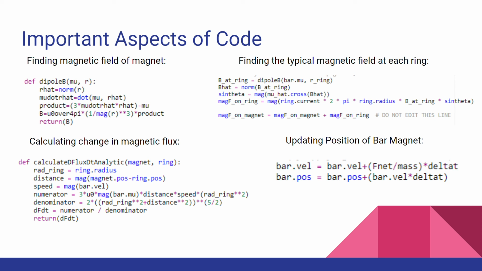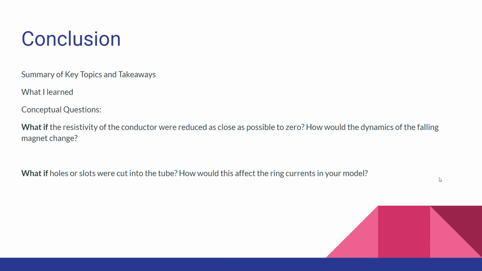Here you can see the important aspects of the code. Here I'm finding the magnetic field of the magnet. Here I'm finding the change in magnetic flux. Here I'm finding the magnetic field at each loop. And here I'm updating the position of the bar magnet. So for my conclusion,